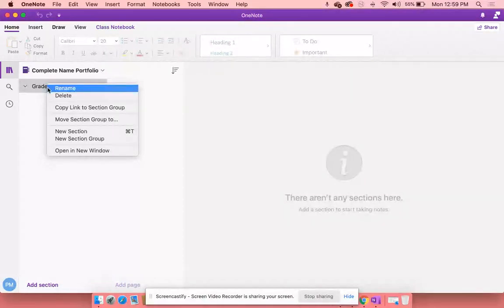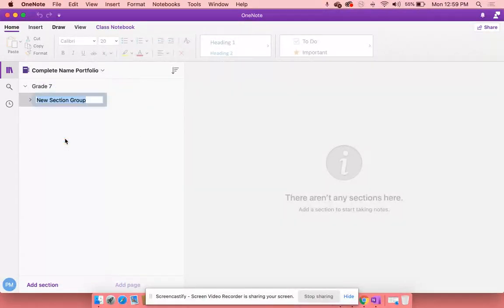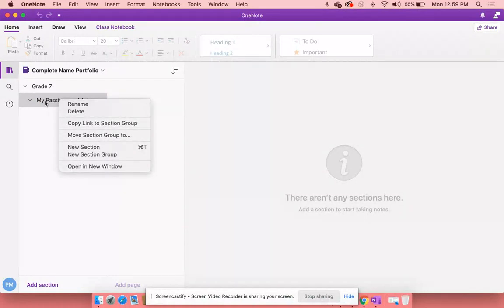The first section group will be a new section group, which will be, say, my passions and achievements. Within my passions and achievements, now you will have sections in the section group.